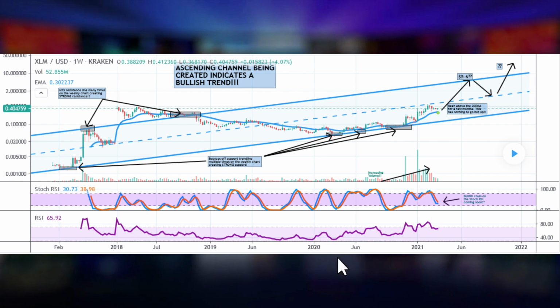An ascending channel indicates a bullish trend with the support line connecting consecutive higher lows and the resistance line connecting consecutive higher highs. In a bull market, every dip is a buying opportunity. This is not financial advice, but if we follow the past trends, we can see a $5 to $6 XLM this year with a major correction and consolidation to the downside, once hitting the resistance trend line again and